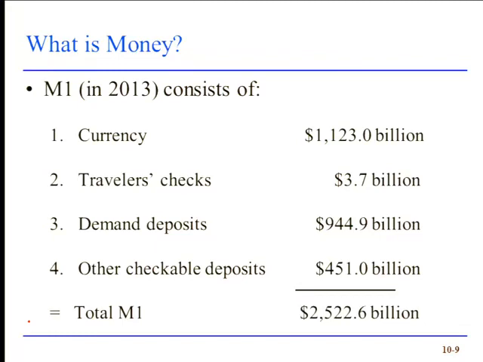So the first is currency, which means paper money and coins. So we all know in this country that's little pieces of green paper with pictures of dead people on it. Traveler's checks don't matter anymore because they're so tiny. The second asset, though, that we can make transactions with, and the transaction then gets finalized, is by writing a check. Most of us have checking accounts. You can go to the store, write a check, they accept it, transaction's done. Your check is officially called a demand deposit. When you sign those papers to open up your checking account, and all that tiny print, which I'm sure you read,